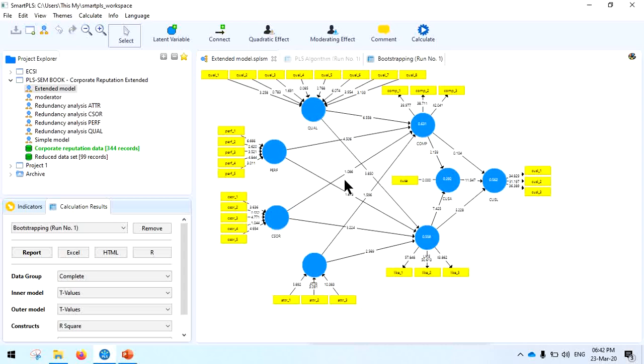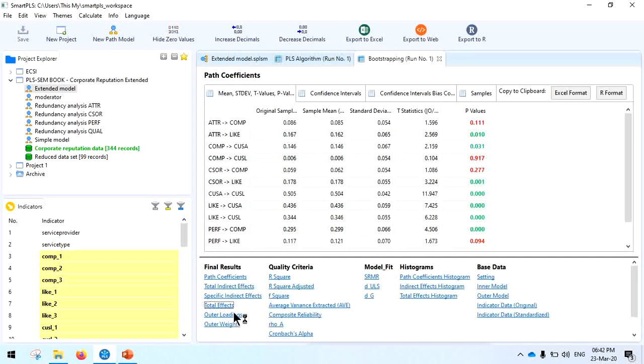And if we come back here and we click here, we have total effect. So thus here we will have all the total effects. The finding also shows that qual has the strongest total effect on loyalty, which is 0.248, followed by corporate social responsibility, 0.1,